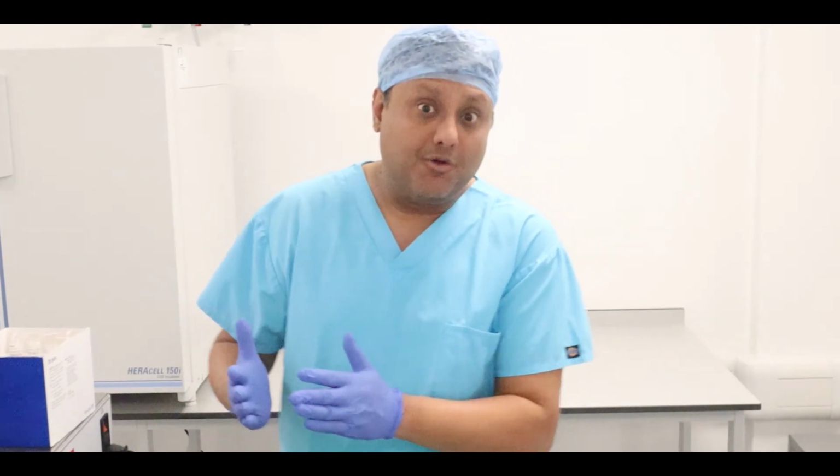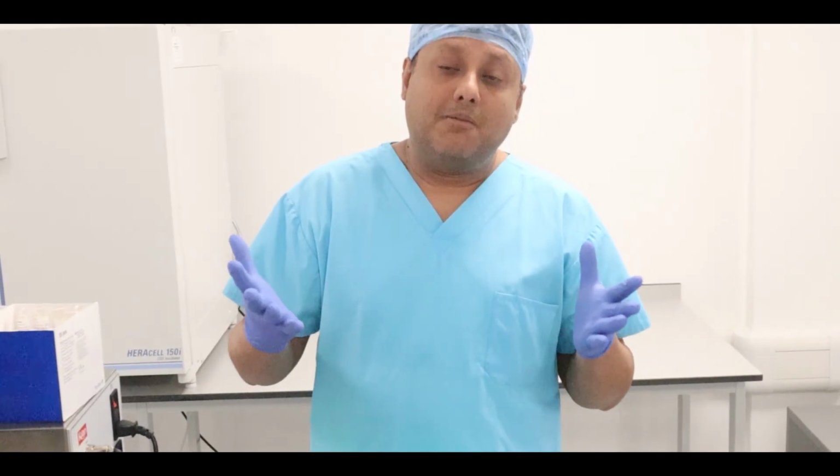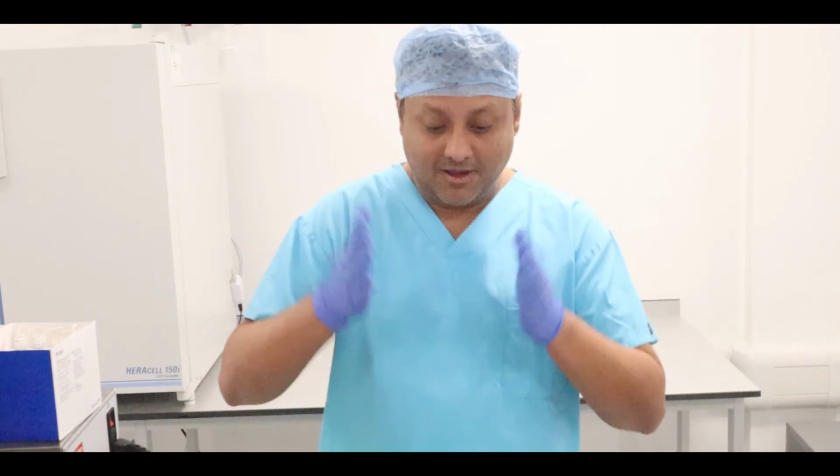At around 40 hours post-trigger injection, i.e. around 4 hours after egg collection, the sperm and eggs are combined together by either conventional IVF, where you just put the sperm and eggs to fertilize naturally, or an alternative method of fertilization, which is called ICSI, or stands for intracytoplasmic sperm injection, where you inject the sperm into the egg. If the sperm count is normal in the male, then we may end up doing just conventional IVF. If the sperm count is compromised, or any part of the sperm or semen parameters are compromised, we may suggest to do ICSI. So the eggs are nicely in the incubator, they're culturing in there for about 3 to 4